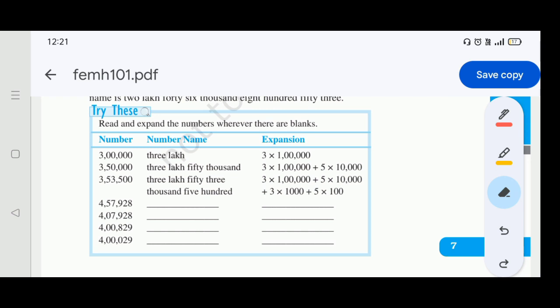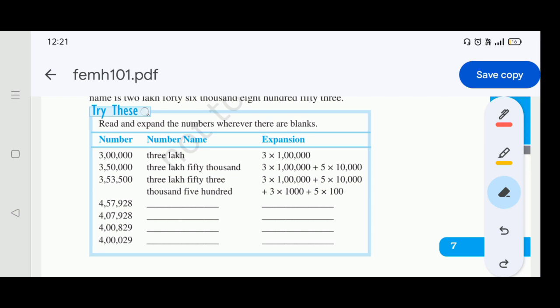So we can write 3 lakh as 3 into 1 lakh. Similarly, we can write 3,50,000 as 3 into 1 lakh plus 5 into 10,000. 3,53,500 as 3 into 1 lakh plus 5 into 10,000 plus 3 into 1000 plus 5 into 100. Next one we have to answer